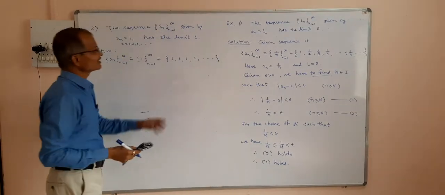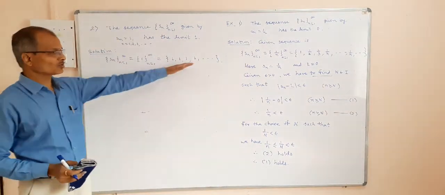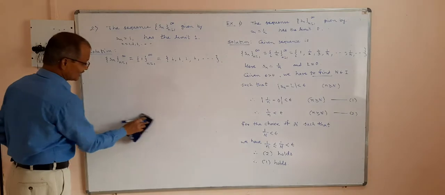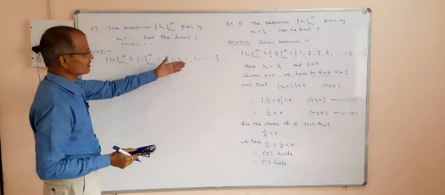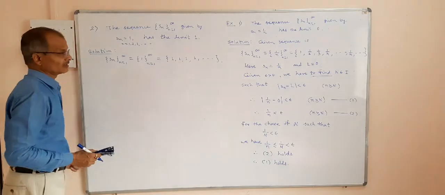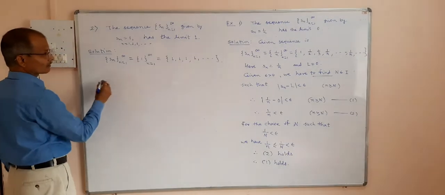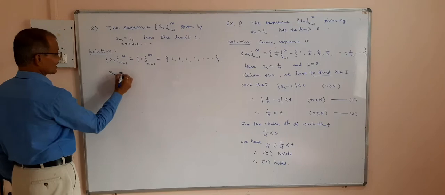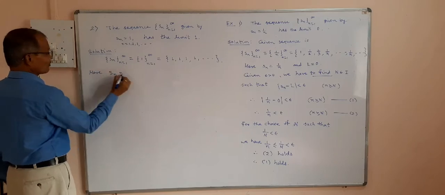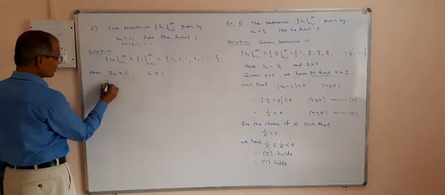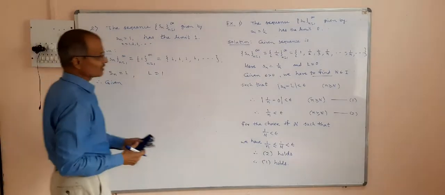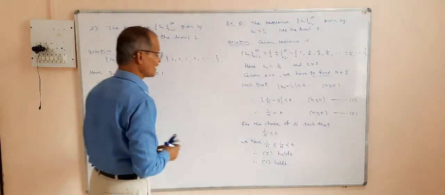So obviously its limit will be 1. It will approach 1 only. So this is the meaning of the example: a constant sequence has that term as the limit. And here what is Sn? Sn is 1. And what is L? L is also 1. So according to the definition, given epsilon greater than 0, we have to find